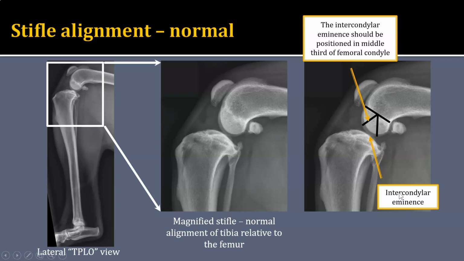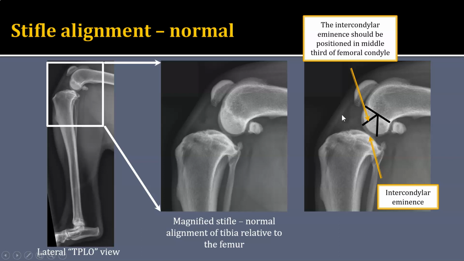If you look at the image on the right of our screen, how we tell alignment is first we take the femoral condyle from the lateral view and we basically divide it into three pieces of a pie. So this line is just going across the physeal scar here, and then I've just divided that condyle into three equal pieces. Then we need to identify a specific structure on the proximal tibia, and that specific structure is the intercondylar eminence. And if you look on the unlabeled image, these two little bumps right here are the bumps of the intercondylar eminence. And in normal alignment, the intercondylar eminence will be lined up with kind of the middle third